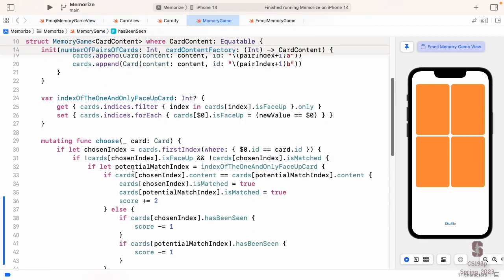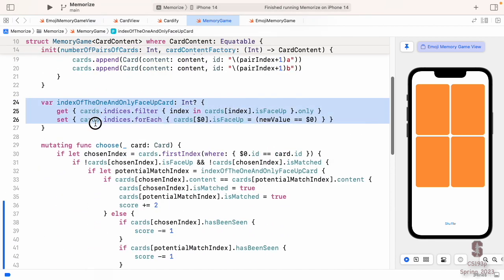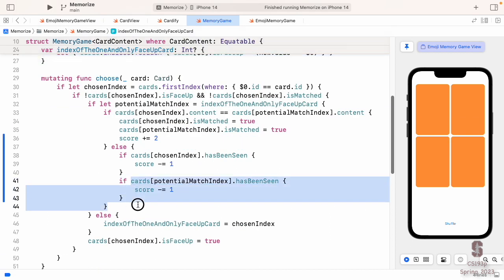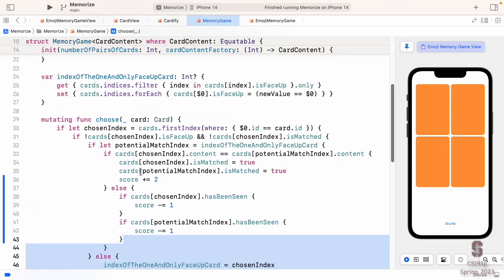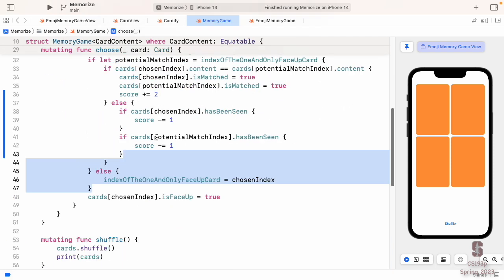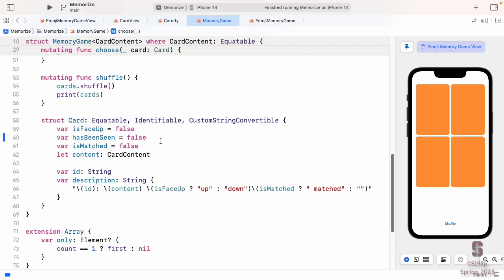Well, I'm guessing you set it up here in index of the one and only face up card, or maybe you set it, I don't know if any of you left the card flipping down in here somewhere, but wherever you flip the cards back face down, you probably set has been seen, which is great. But there's another way to do it now, which is the property observers that I showed you earlier.